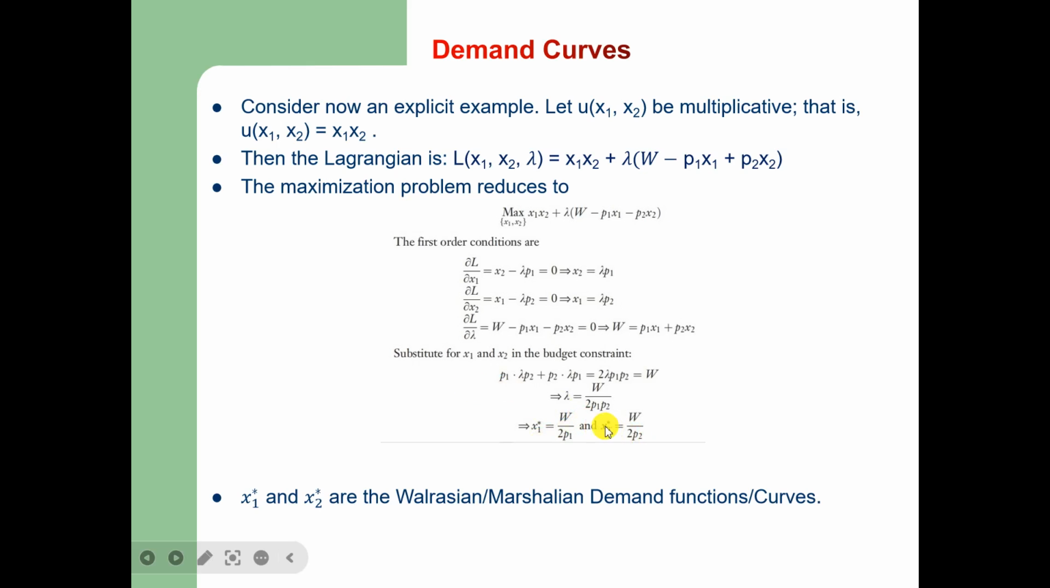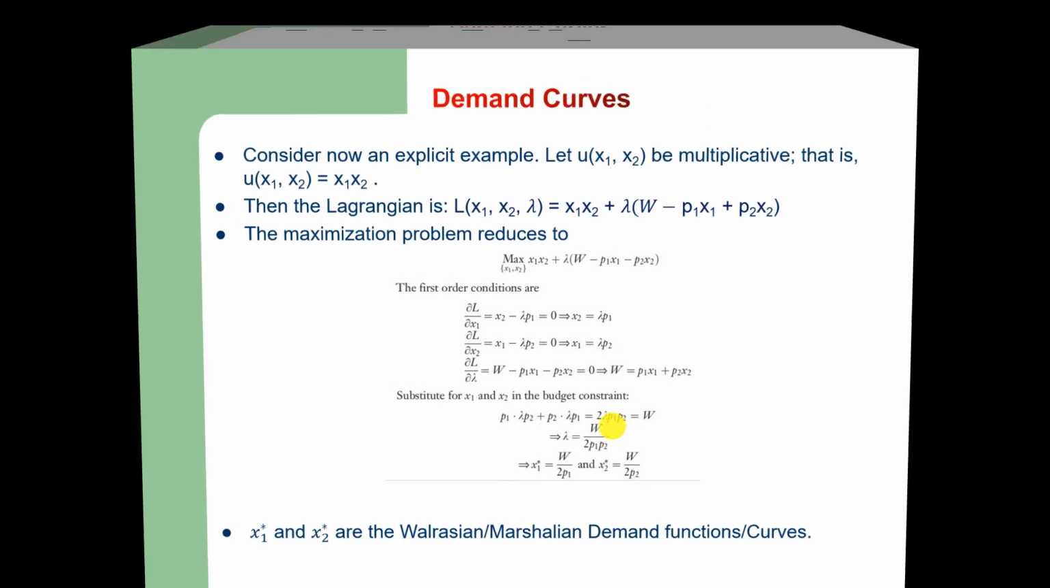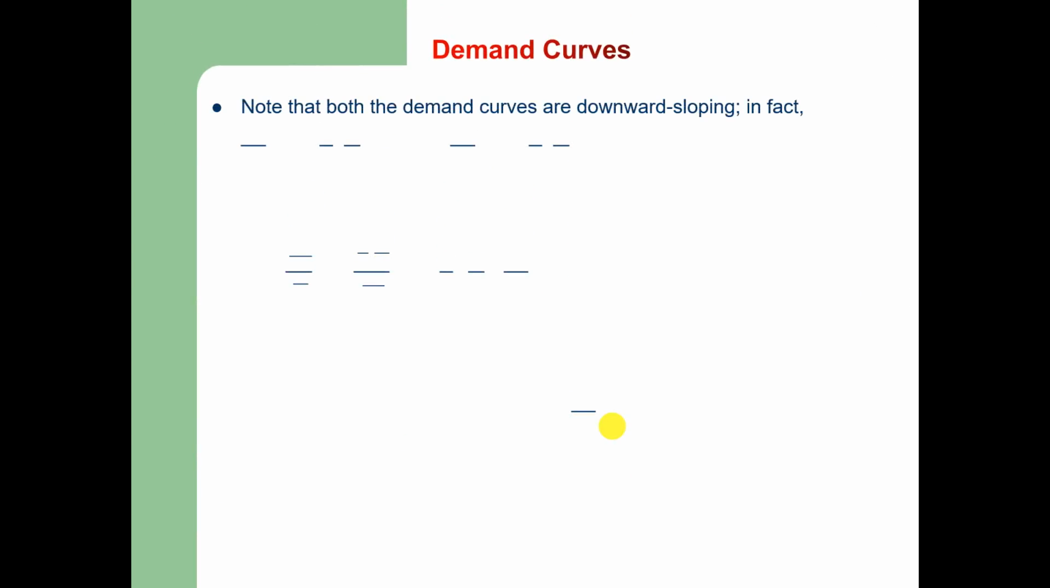These x1 star and x2 star are the Walrasian demand functions or Marshallian demand functions. These are also known as ordinary demand functions or curves. We may note that both the demand curves are downward sloping, in fact, but how can we prove that they